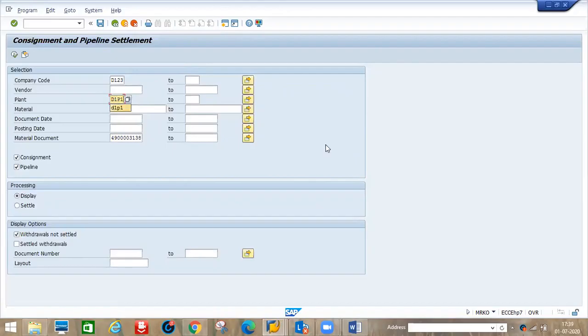Okay, just we need to be removed. Whenever you log in here, both will be ticked, consignment and pipeline. Now we are doing the consignment process. Just unselect pipeline. Before submitting this document, first we have to see the